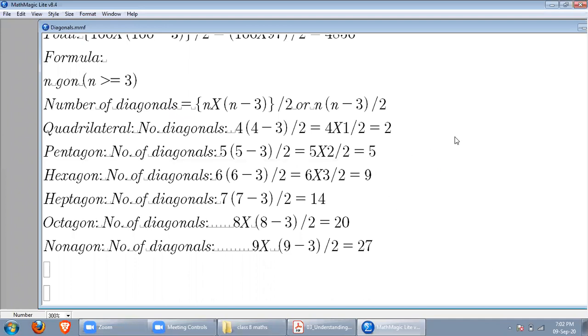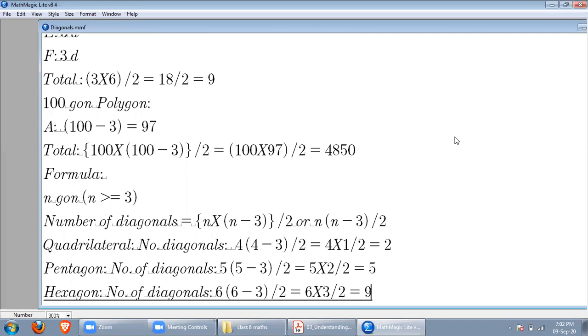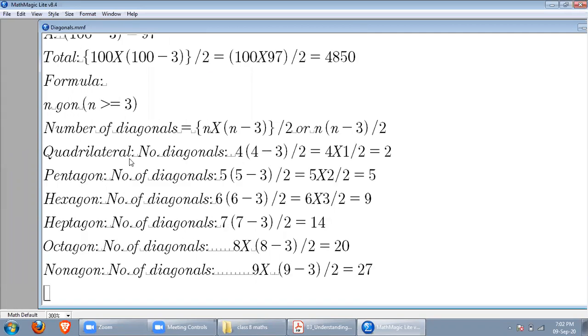So applying this formula to each of the polygons we have done, like the quadrilateral, it has 4 sides, and 4 minus 3, because 3 has to be subtracted always. 4 minus 3, there is 1, 4 times 1, divided by 2 again for the repetition, it will give you 2. Similarly, for the pentagon, it will be 5 minus 3 for the two adjacent vertices and the vertex itself, it will give you 2, and it has 5 vertices, so it will be multiplied by 5, 5 into 2 divided by 2, it will give you 5. So for the rest, this is the picture. Please look once again so that your mind is refreshed.